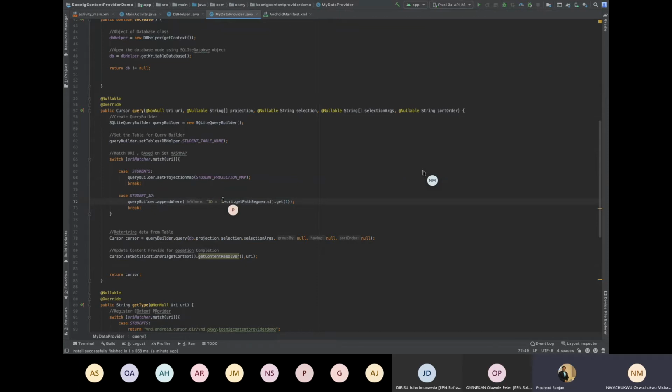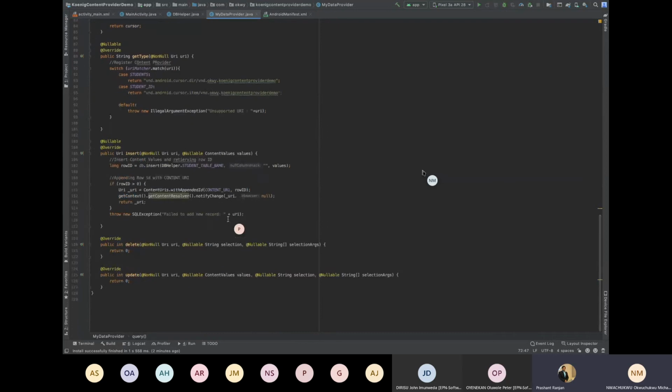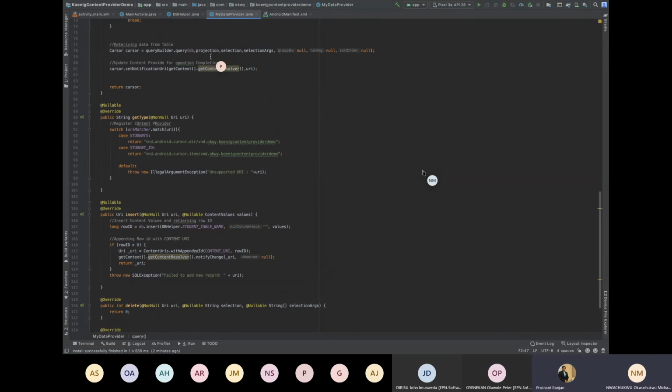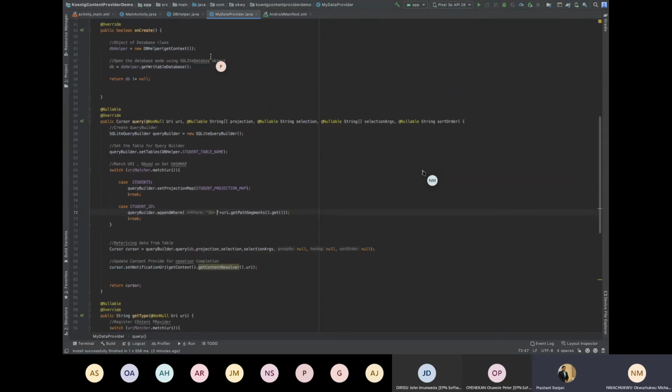Bashan, regarding the spaces in the query builder append where when you put in ID, are we supposed to put in a space? No, that's not a big issue. I'm just checking because sometimes because of SQL it can create an issue, but I'm just going to check it out. Cursor dot set notification get URL. Cursor is actually coming nil, so